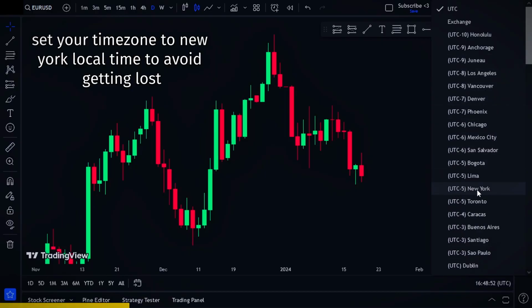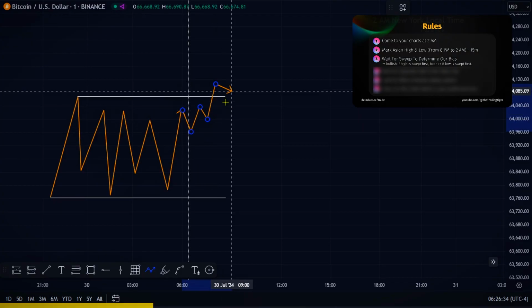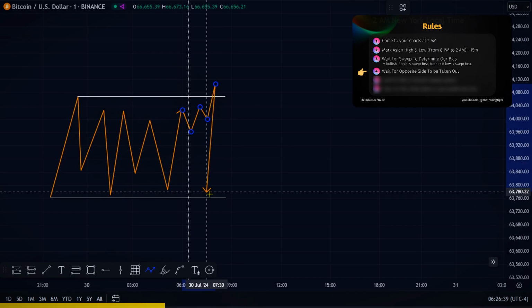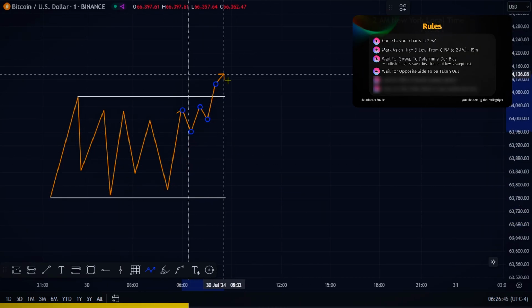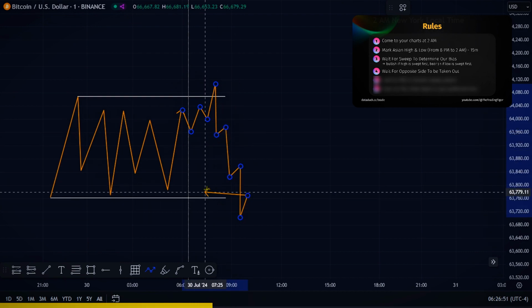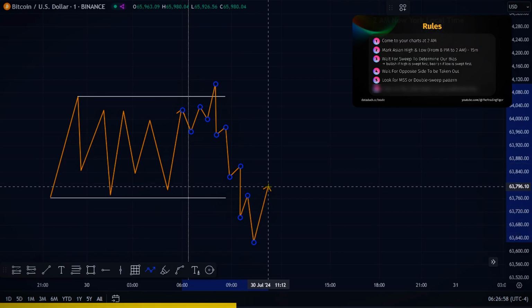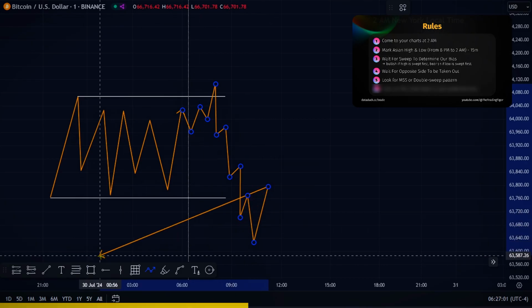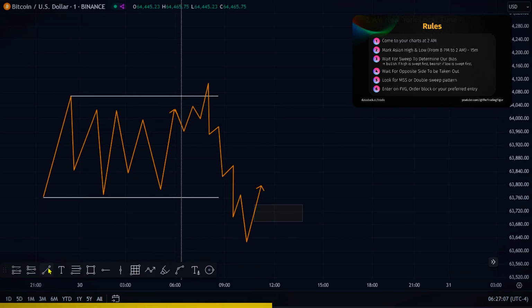Eastern Standard Time. We have to see the price take out the swing low first, which will set our bias for the day. Then, we have to wait for the price to take out a swing high as well to confirm that we have trapped buyers and sellers on the wrong sides of the market. Afterward, we need to see a market structure shift when the price closes above the recent fractal swing low that created the new low, and then take a trade on a fair value gap or order block,